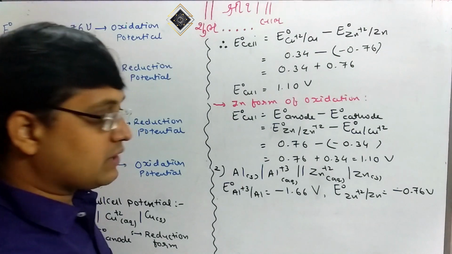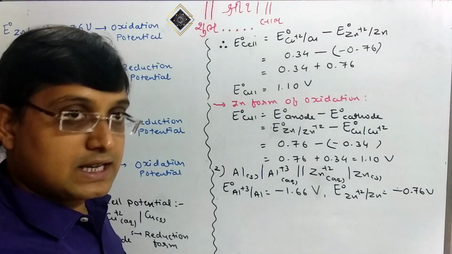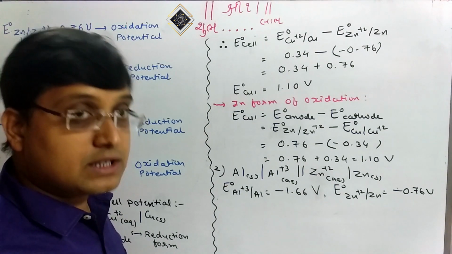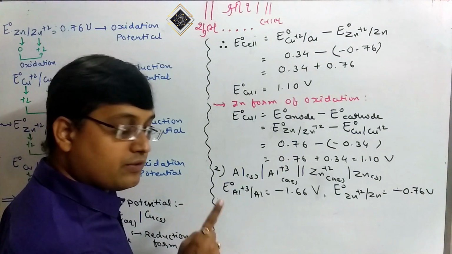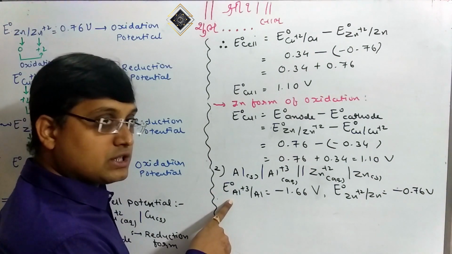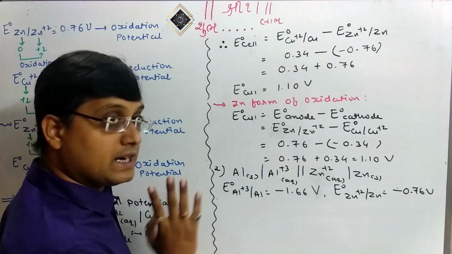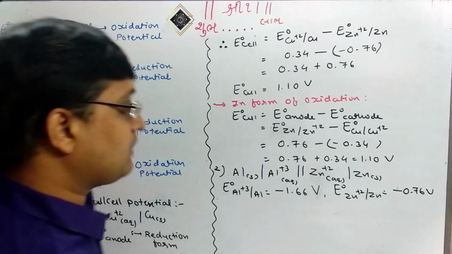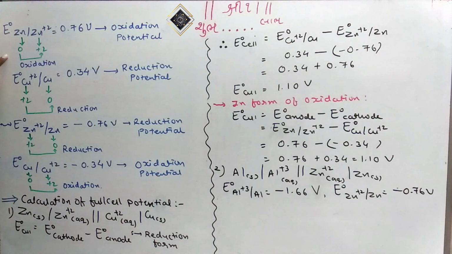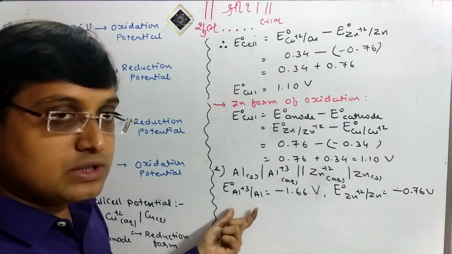Okay, then first, to calculate the cell potential, always remember this thing: step number one, identify whether the given half cell potential is in oxidation form or reduction form. First identify this one, right? Every time we do not have to write it down this way. This is just for explanation. Here we have to do these things orally.